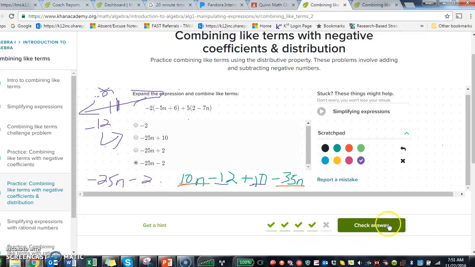So let's see if I got it right. Yay, I got it right. Well, looks like I missed one right here, but we'll go with this. All right. So when you go to share your screen,